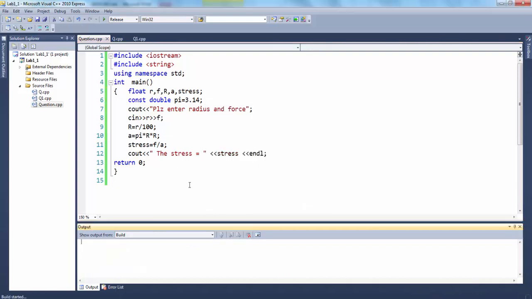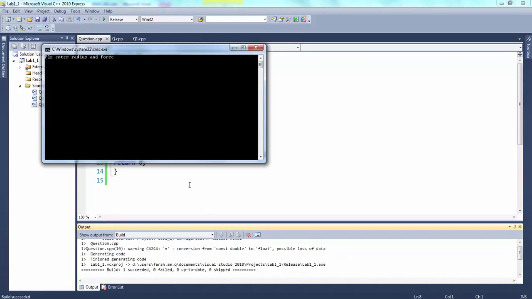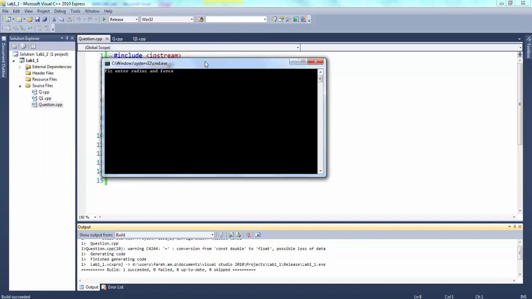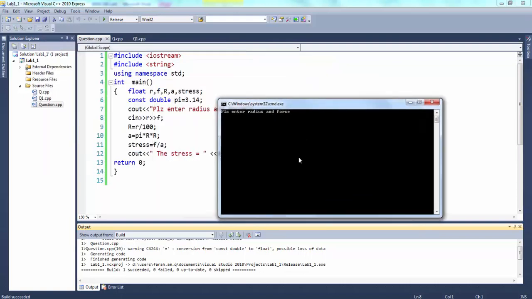Let's try to run the program together. Here it's asking me for the radius and the force. 2 for the radius, and let's say 45 for the force, and this is the stress